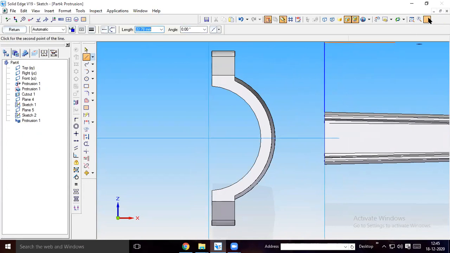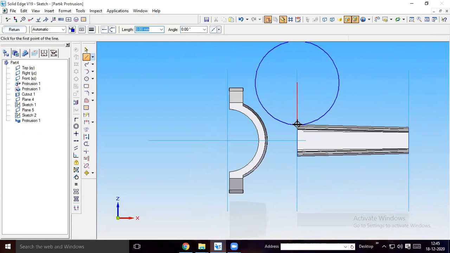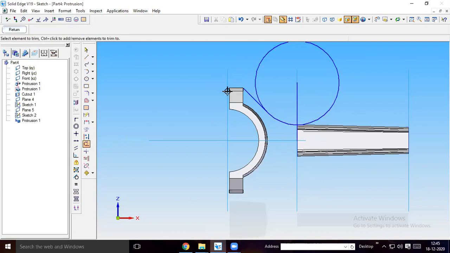From this end point, you create a circle of 32 mm radius or 64 mm diameter, like this. Okay, so then from this end point, you can extend this line up to this midpoint. Okay, so then from the end of this point, you draw line tangent to this circle. Okay, then later you can trim this unwanted portion of this.